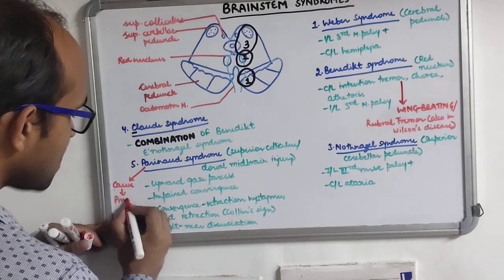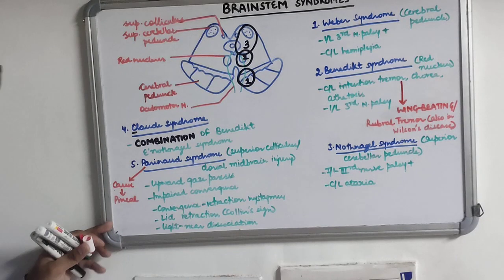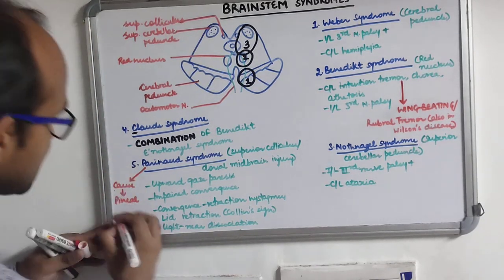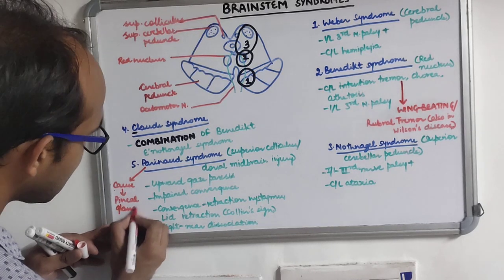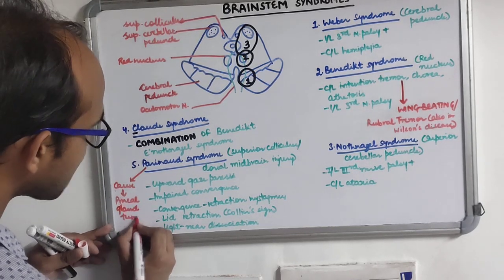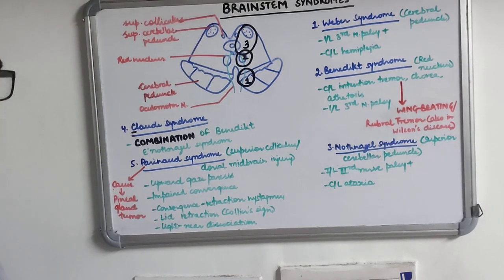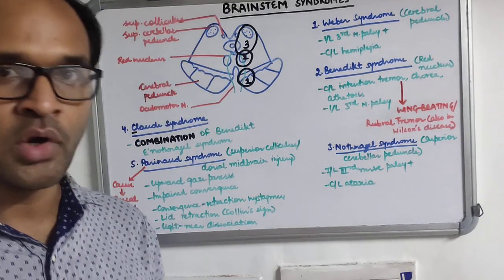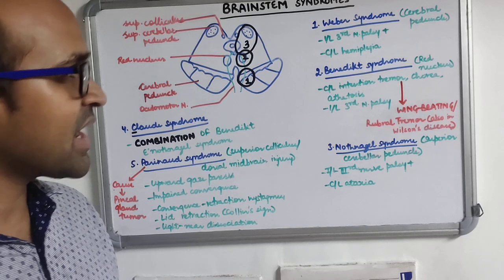There could be other causes also of dorsal midbrain injury, like infarct, hemorrhage, tumor, trauma. But the most important cause is pineal gland tumor, and also obstructive hydrocephalus. So this is all about the syndromes related to the midbrain. If I summarize,